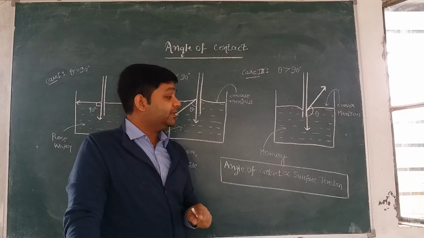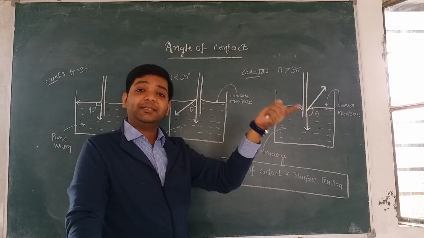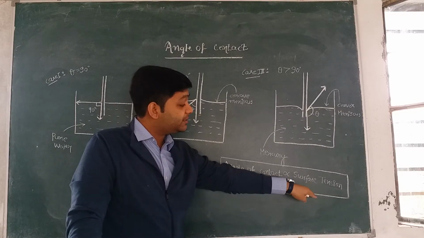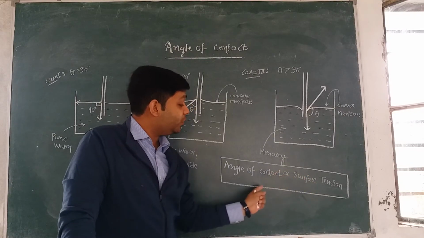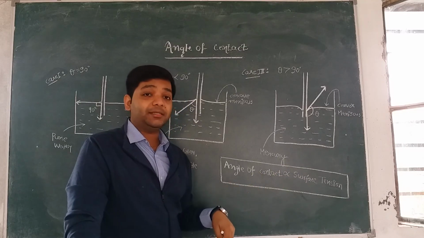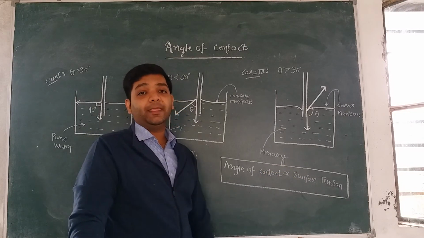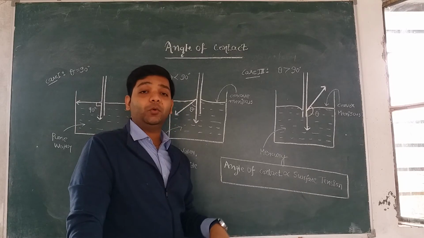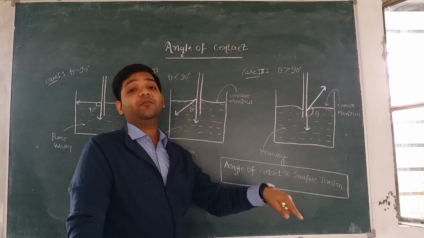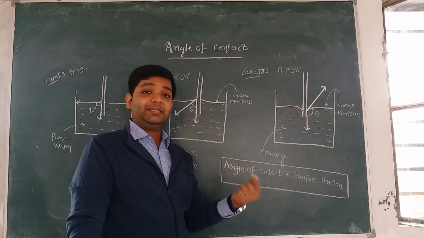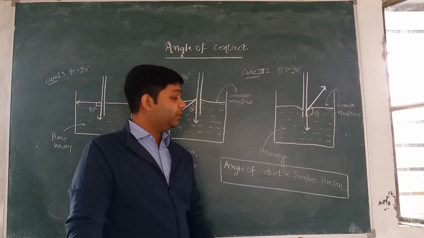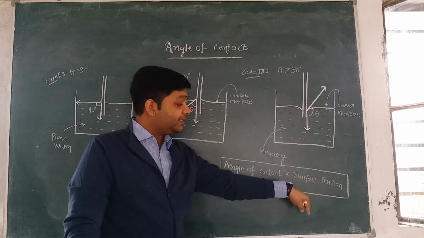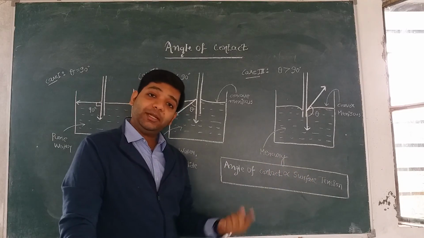We have already discussed that as the temperature increases, the value of surface tension decreases, and because surface tension decreases, the angle of contact also decreases, since they are directly proportional, right? I told you that hot water is preferred for washing clothes over cold water because the surface tension of hot water is low, so it is easier to take out the dirt from the pores of the clothes. So as the temperature increases, surface tension decreases, so the angle of contact also decreases.